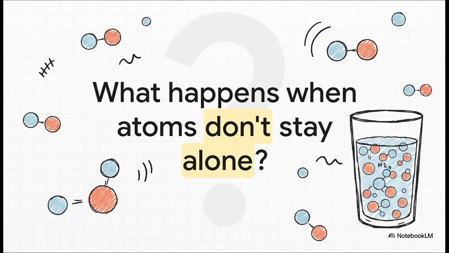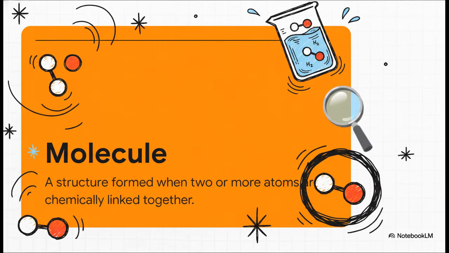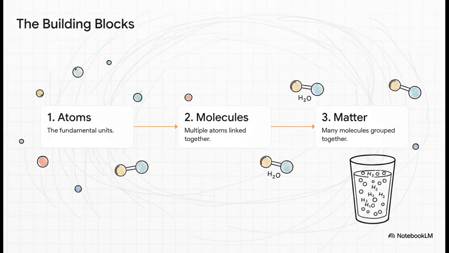Because here's the thing, these little atomic spheres, they hardly ever just float around by themselves. They're actually constantly looking to link up with each other. So the big question is, what happens when they do? When they link up, boom, they form a molecule. And we're not talking about just bumping into each other. This is a real, powerful connection, a chemical bond. This is the next level of building reality. We've gone from individual little bricks to these small, tightly connected structures. And this right here, this is basically the blueprint for everything.